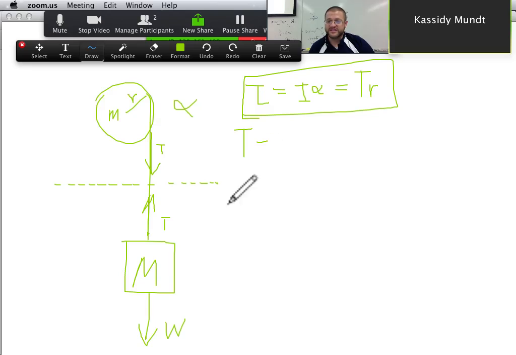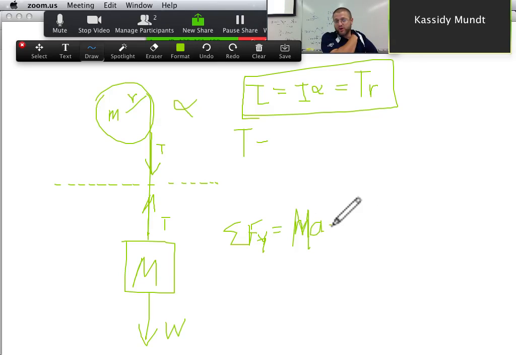Okay. The second one has an equation that's going to be the sum of the forces in the y direction equals what? 0. Is it accelerating? Not yet until it starts moving. Right? Yes, but in the problem, does it talk about accelerating? Yes, it does. So it's not equal to 0, it's equal to mass times acceleration. The big mass, right? Times acceleration. And then what are the forces involved? We have plus tension minus weight, right? So this is the equation here for this problem.